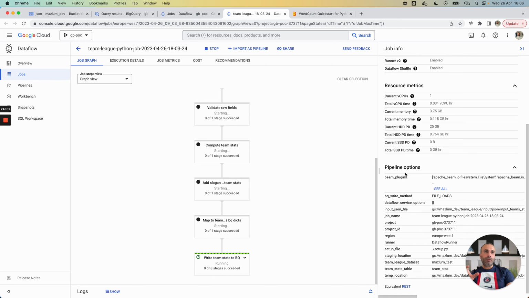The resource metric is very interesting. We also have the pipeline options: the input JSON file, the job name, the project, the region, the setup file, also the output dataset and the output table. It takes a few minutes to instantiate the workers with Python.